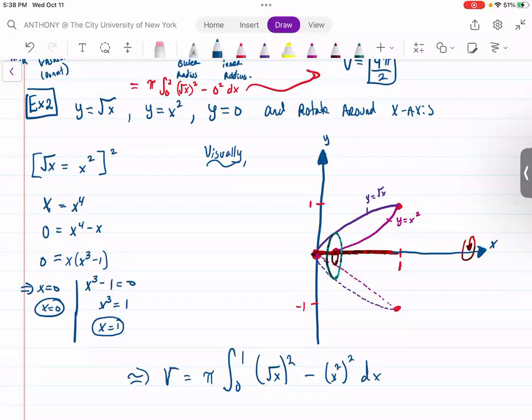However, I am not going to evaluate the volume only because I'm running low on time. Okay? I'll let you guys do it as an exercise. How about that? All right. So there I did the disc and